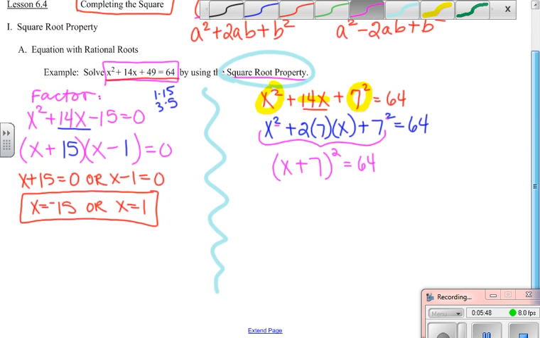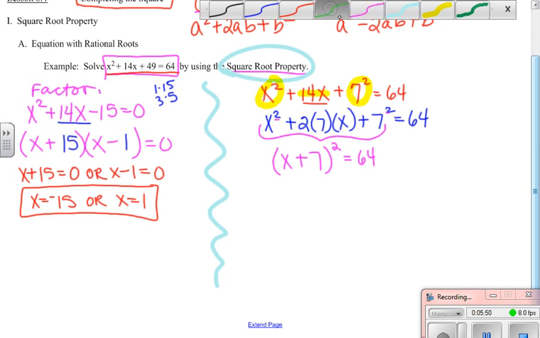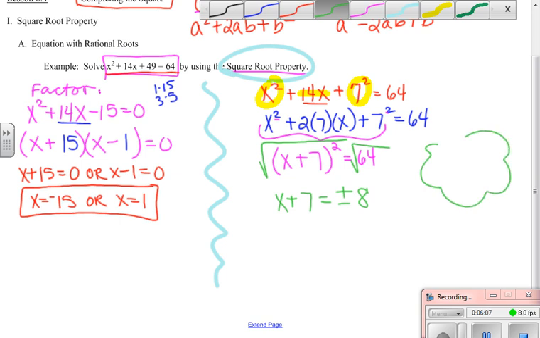How does this help me? Well, how do I undo squaring? I can square root both sides, and since this is a quantity, those two are going to cancel, and I have x plus 7 is equal to the square root of 64, super key, plus or minus 8,